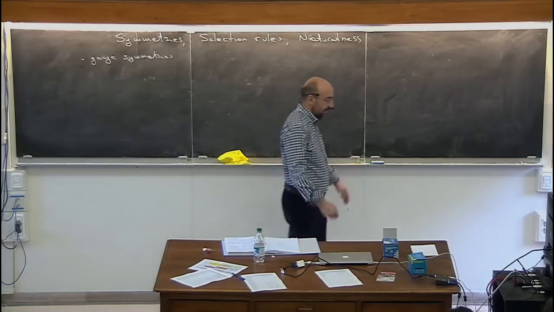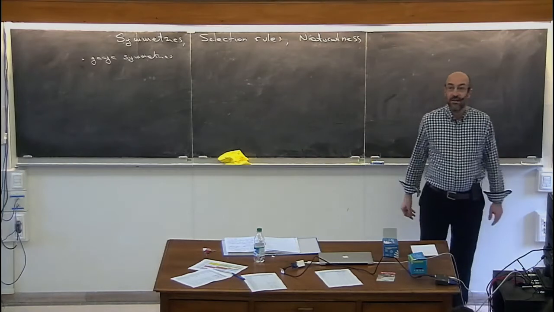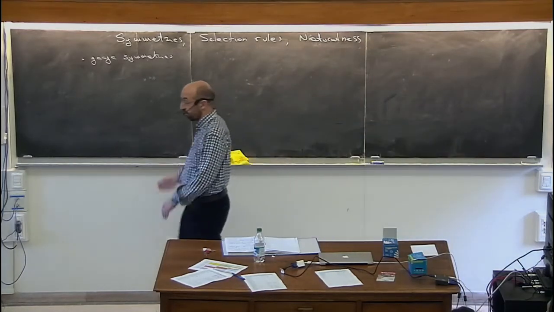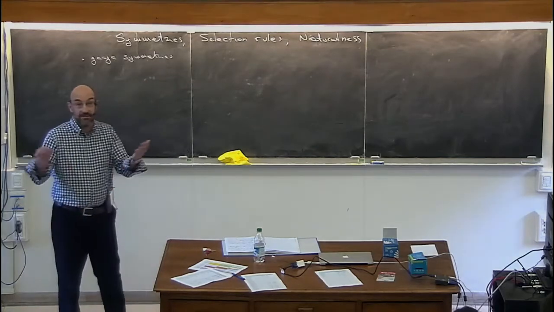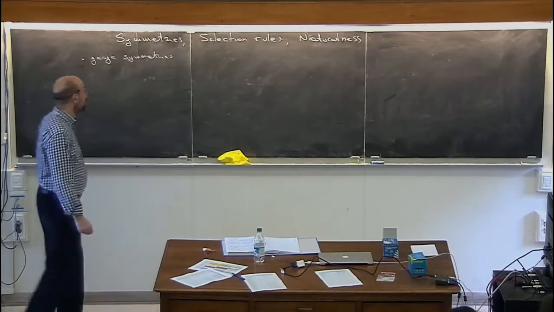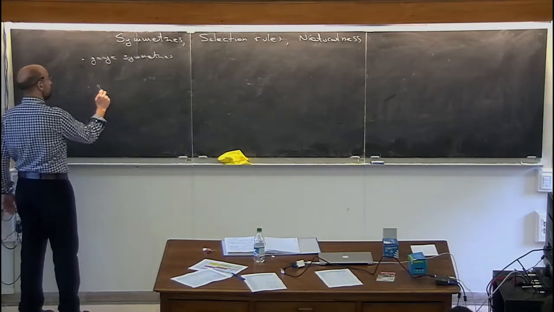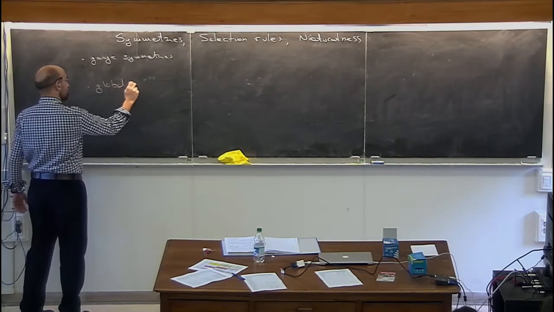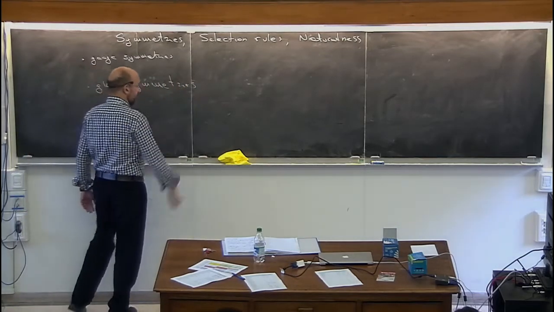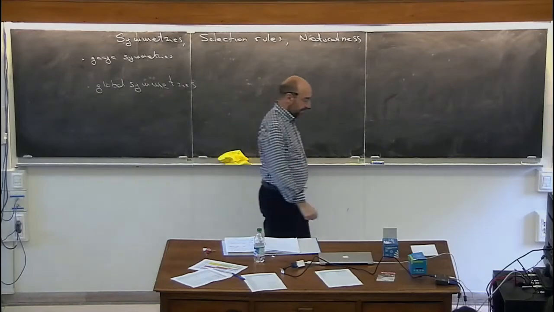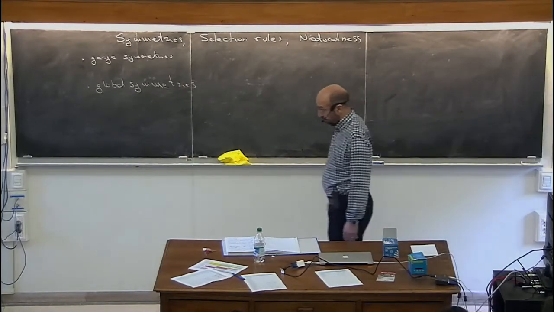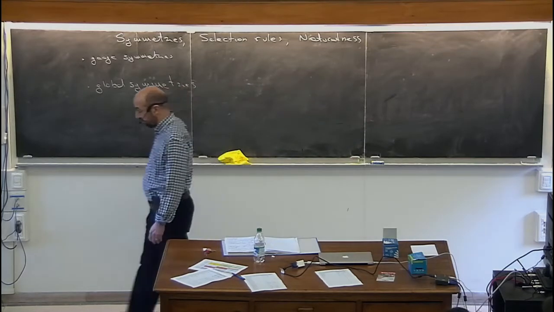Also, when you add a mass to the photon, you can always undo the apparent breaking by adding the suitable Goldstone boson that nonlinearly realizes the symmetry and have a description which is manifestly gauge invariant. So in that sense, they're not real symmetries. And then there are global symmetries, which may or may not be exact or fundamental.